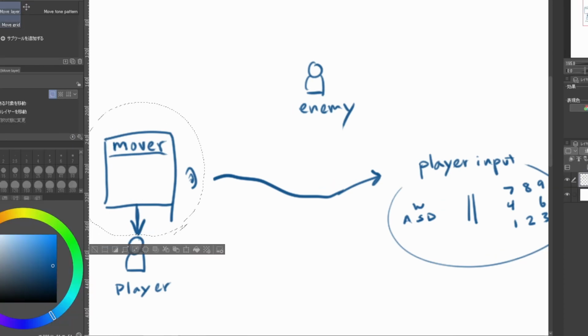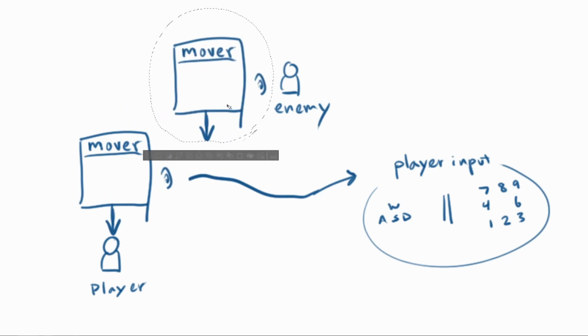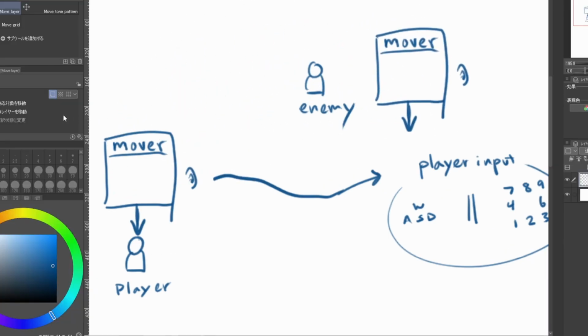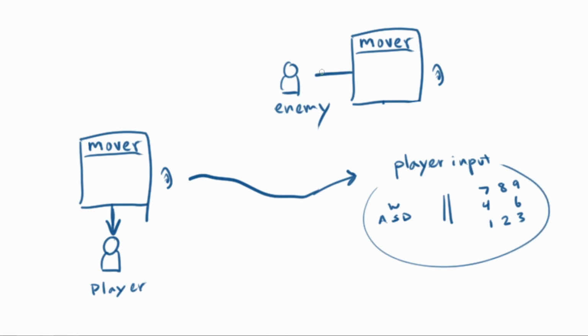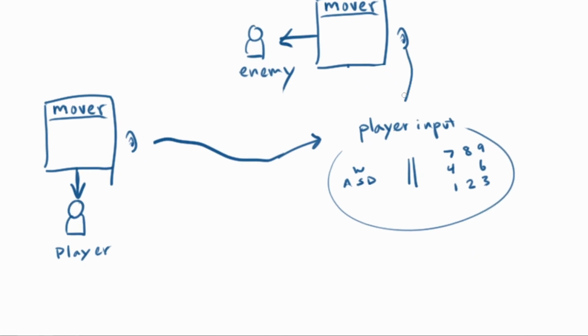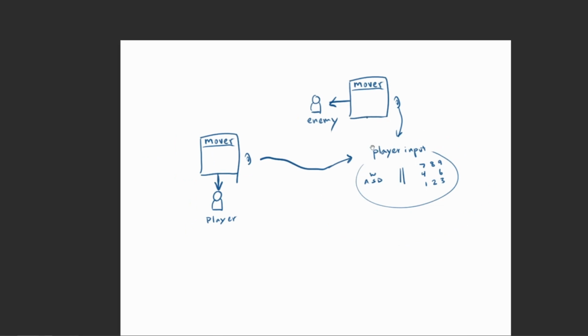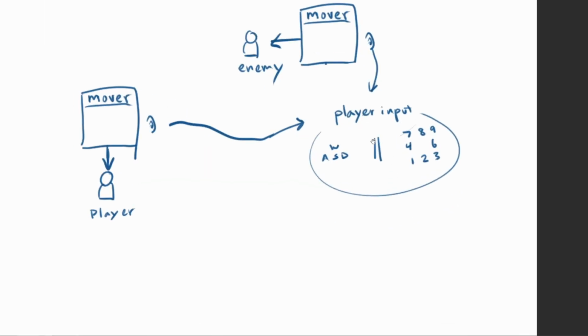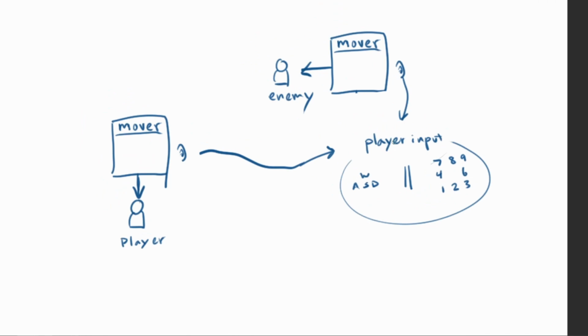Now the astute of you might be noticing a problem here. You want to figure it out? So the problem is that the mover script is listening to the player input, and we don't want the enemy to move when the player inputs. So I don't think we do it in this video, but in the future I do edit it so that